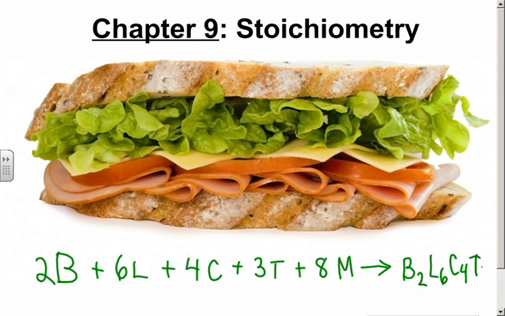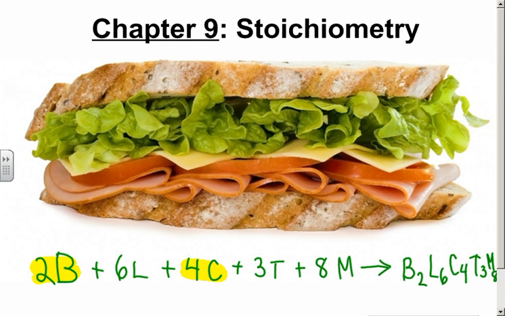Notice that in the sandwich, all of the pieces are connected. Therefore, I show them as one formula, all connected to one another. This is illustrating the ratios between the different substances. From this equation, I can figure out amounts. For example, I see that I always need twice as many pieces of cheese as I have pieces of bread